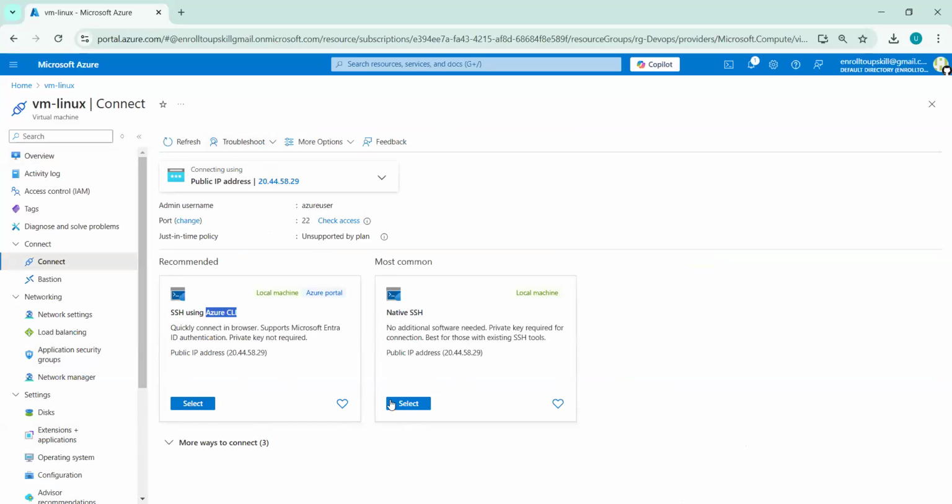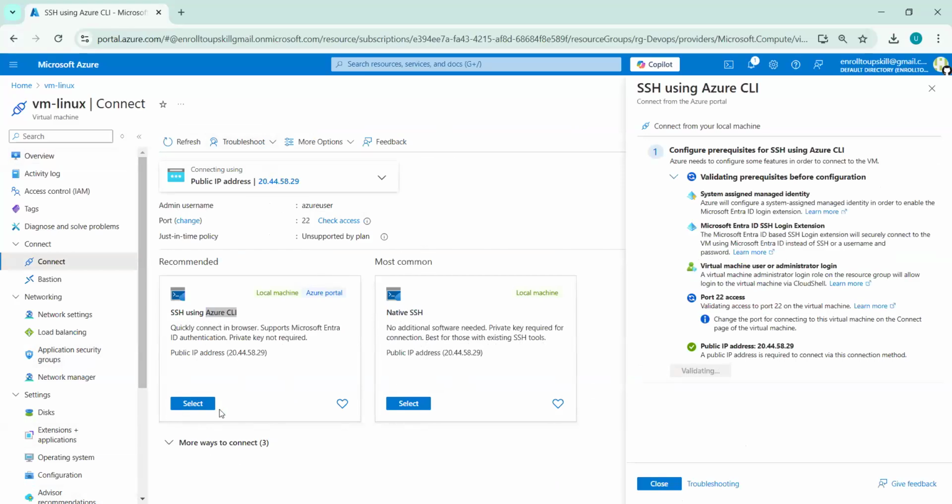And native SSH means we can connect from our local computer to the virtual machine which we have created. So here we will get a browser interface, and it is very easy to connect. So let's use the first option, SSH using Azure CLI.